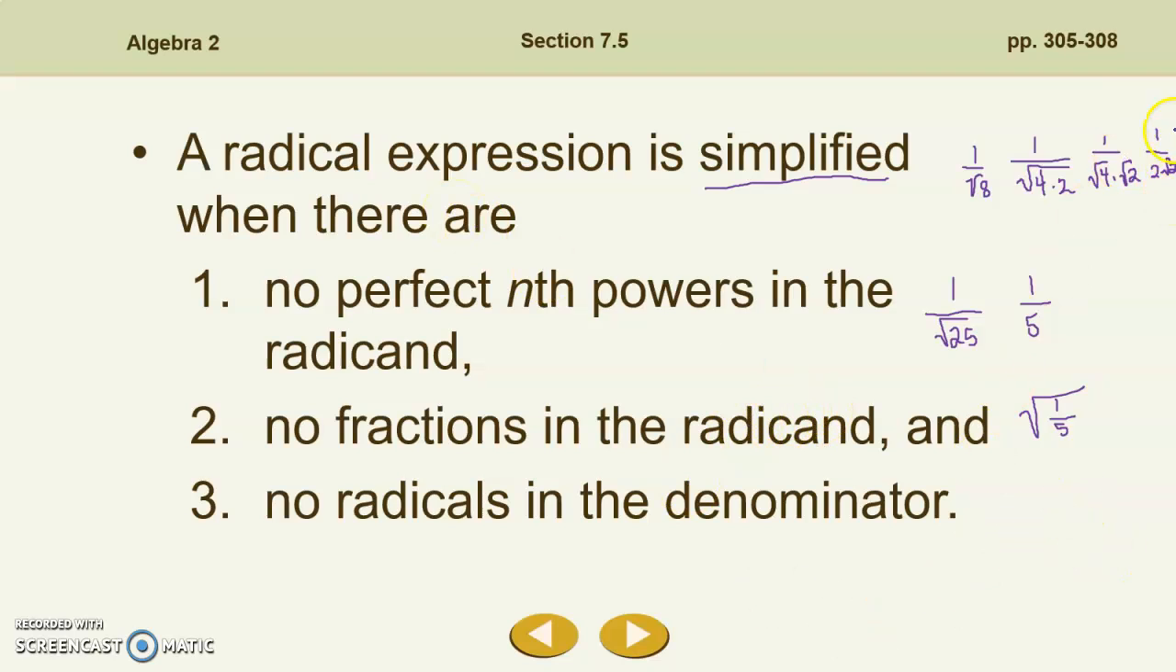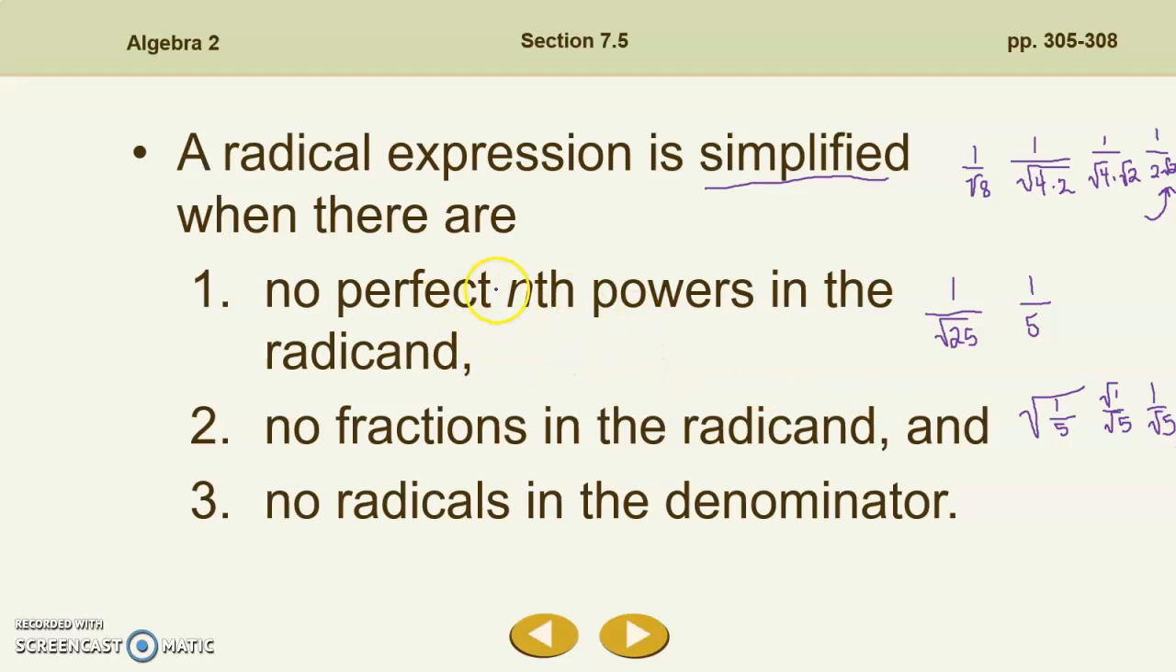So if you take a look up here where I simplified 1 over root 8, even though I don't have any more perfect powers in the radicand, I simplified it to 2 root 2, it's still not all the way simplified because I've got this root 2 hanging out here still in the radicand. If I take 1 over 5 and I write that as the square root of 1 over the square root of 5, and the square root of 1 is 1, and I get 1 over square root of 5, well,